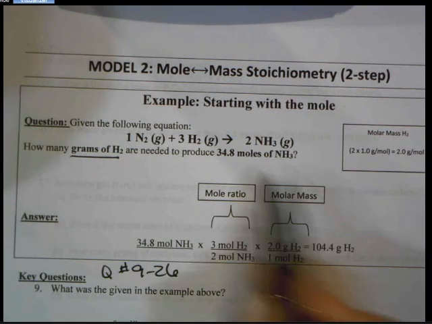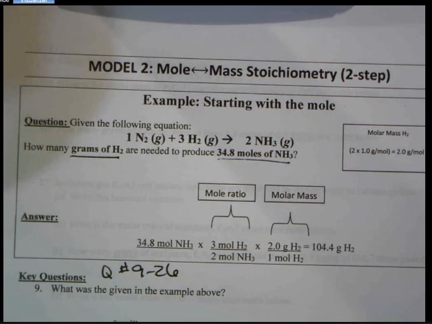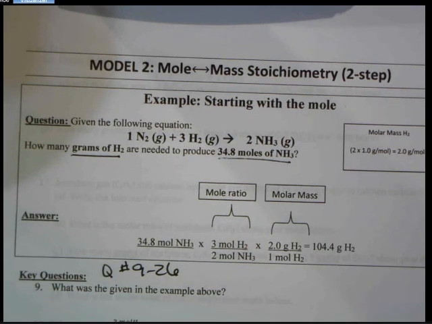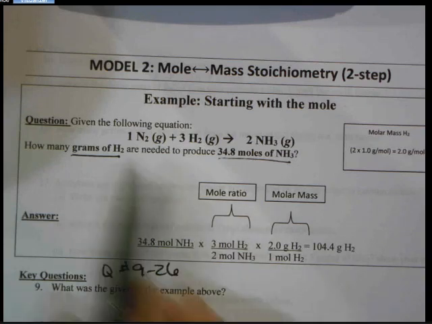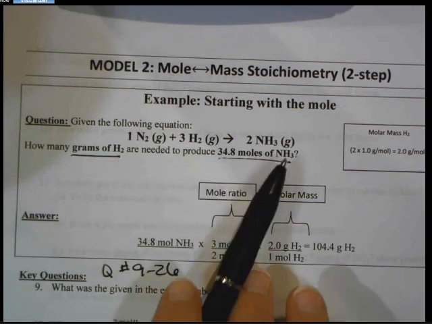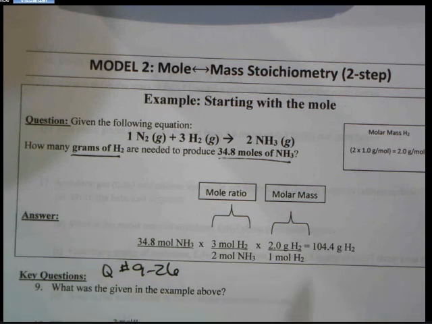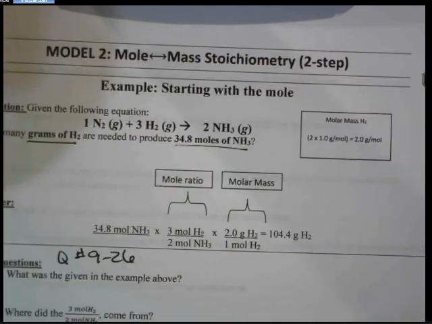How many grams of hydrogen are needed to produce 34.8 moles of ammonia? Remember, you can write out your mole ratios, hydrogen to ammonia, if you're still having trouble, but I'm not going to do that in this one right now, okay? So it also told me,